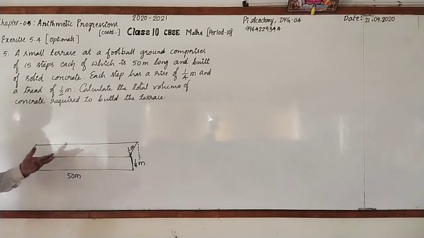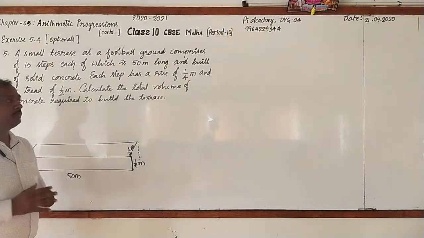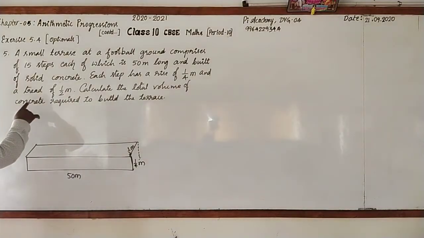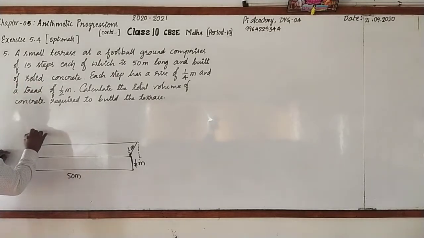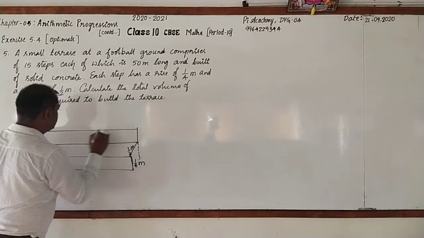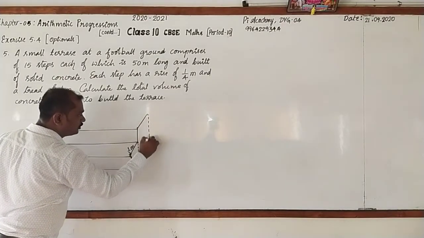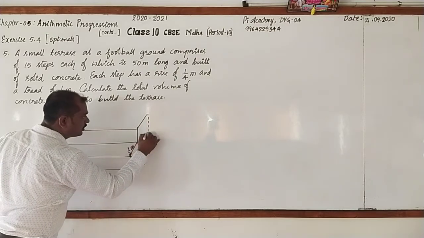Then what volume of concrete is required to make the first step? Yes, you are right. It is to find out that you can go for using the volume of cuboid. What is its formula? It is length into breadth into height. But how many such steps are there? So we need, there are 15 steps. Look here, this is first step and the second step. It is like this. It is the second step.